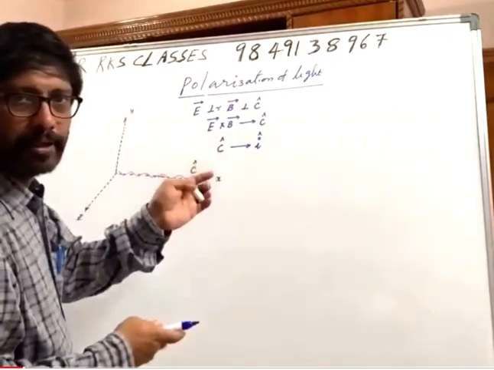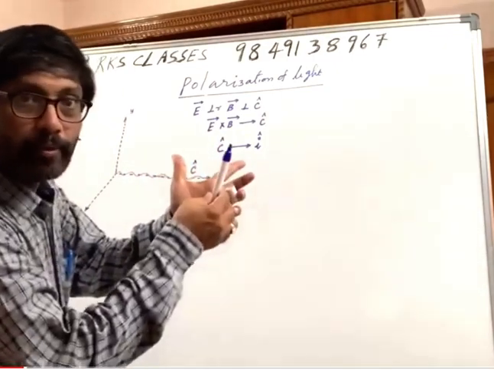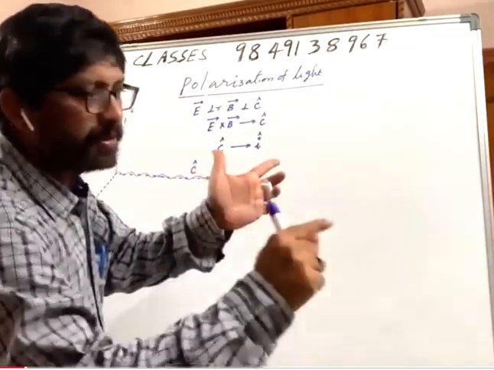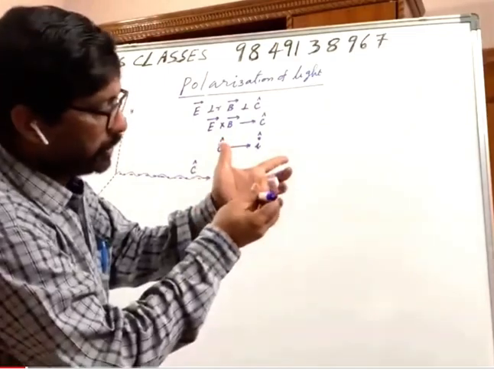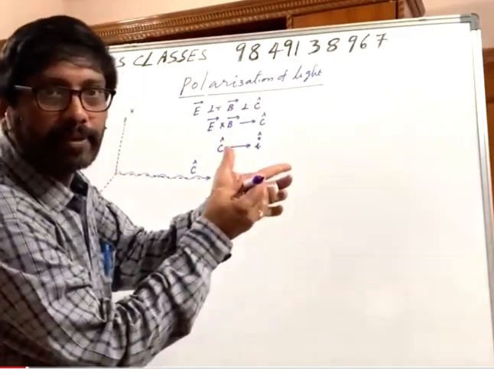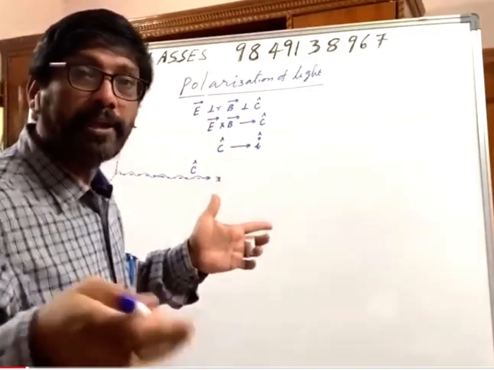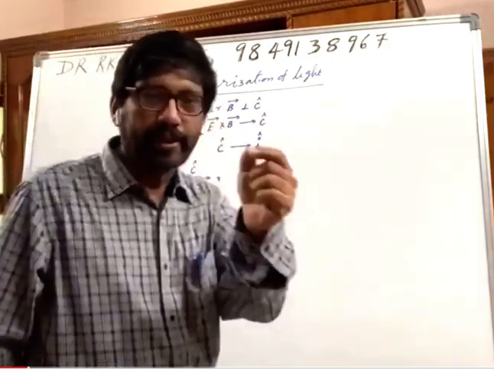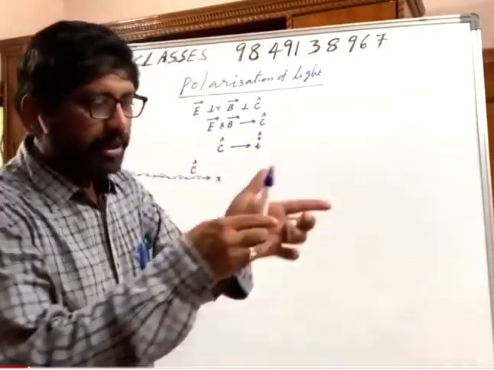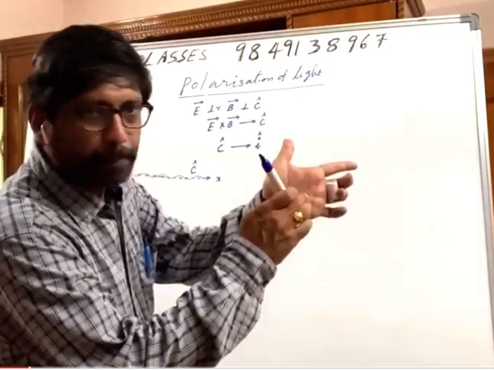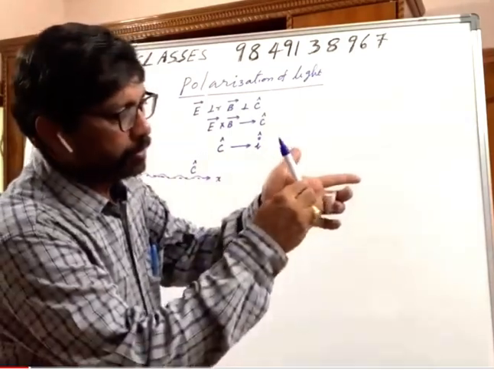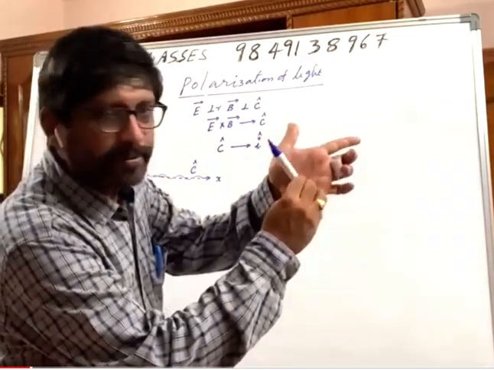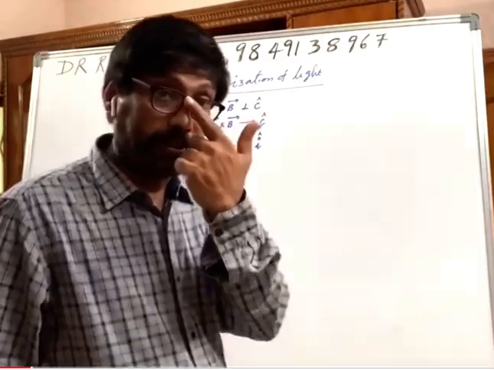Perpendicular to x-axis. Okay. So any vector in yz plane is perpendicular to x-axis. So it is x-axis, it is y-axis, I suppose. Any vector in yz plane is perpendicular to x-axis, and how many directions are there in yz plane? Infinite number of directions are there. If the direction of that electric field vector, even though it's perpendicular to the direction of propagation, goes on changing, not fixed, that is called unpolarized light.